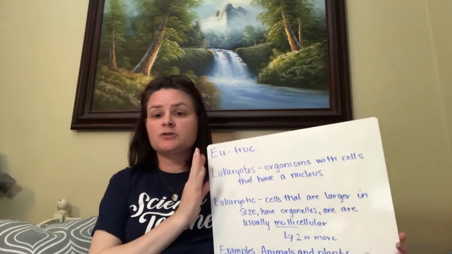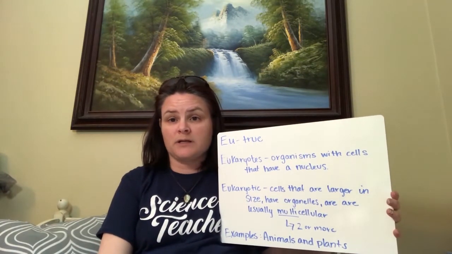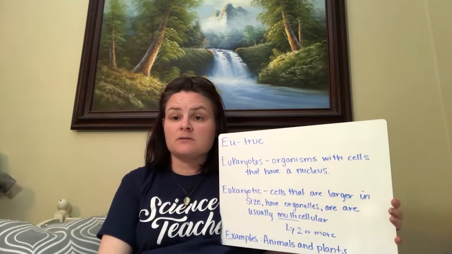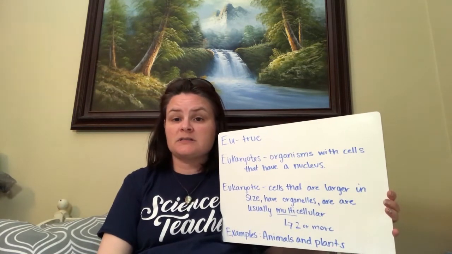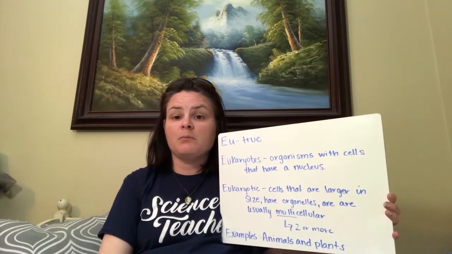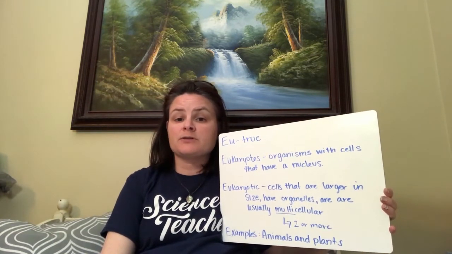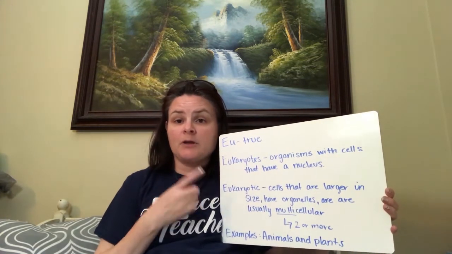If I am classified as a eukaryote, what does that mean? Eu means true. So eukaryotes are going to be true nucleus organisms. If I'm considered a eukaryote, I'm an organism with cells that do have a nucleus. Eukaryotic cells are usually larger in size. They have these membrane-bound organelles, and they're usually multicellular, which means they have two or more cells. Examples of those are plants and animals. And under animals, I can consider myself. I am a eukaryotic